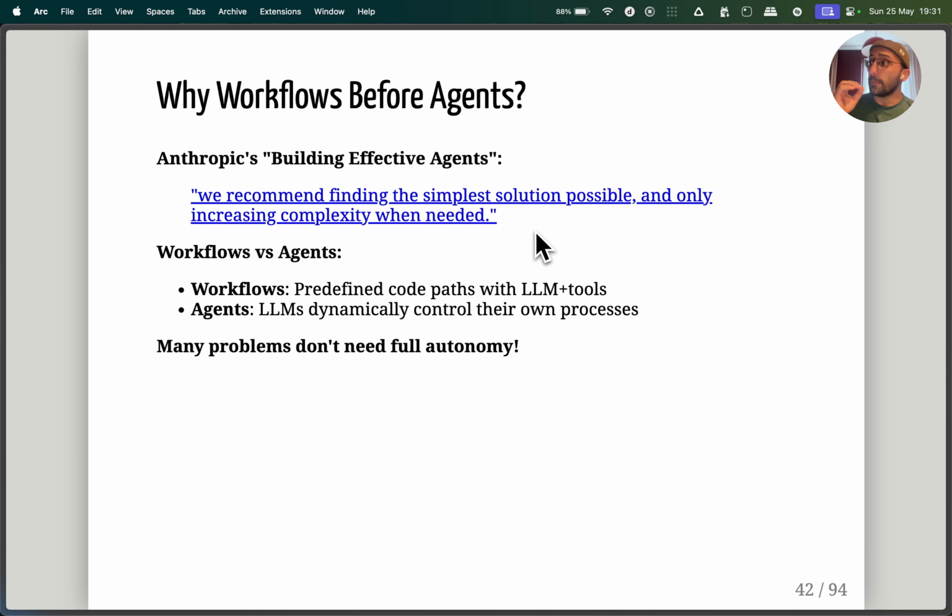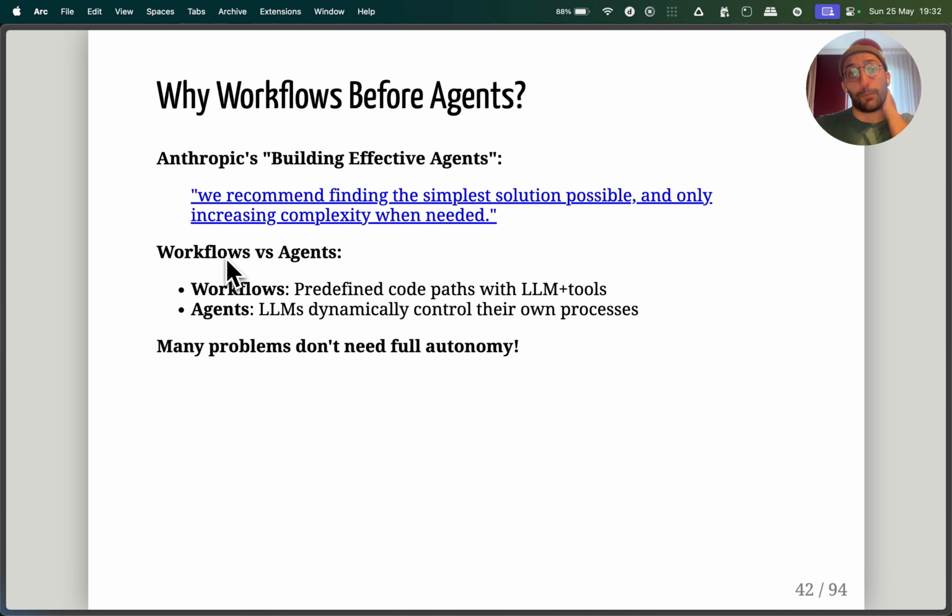Because one of the problems with today's hype around AI agents is that instead of having a problem and solving the problem, people start from the tool and want to find problems that fit the tool. We should never do that. We should always start with the problem and find the tool that fits the problem. So we need to start with the simplest solution possible and only evolve the complexity of the solution if the problem requires that kind of evolution.